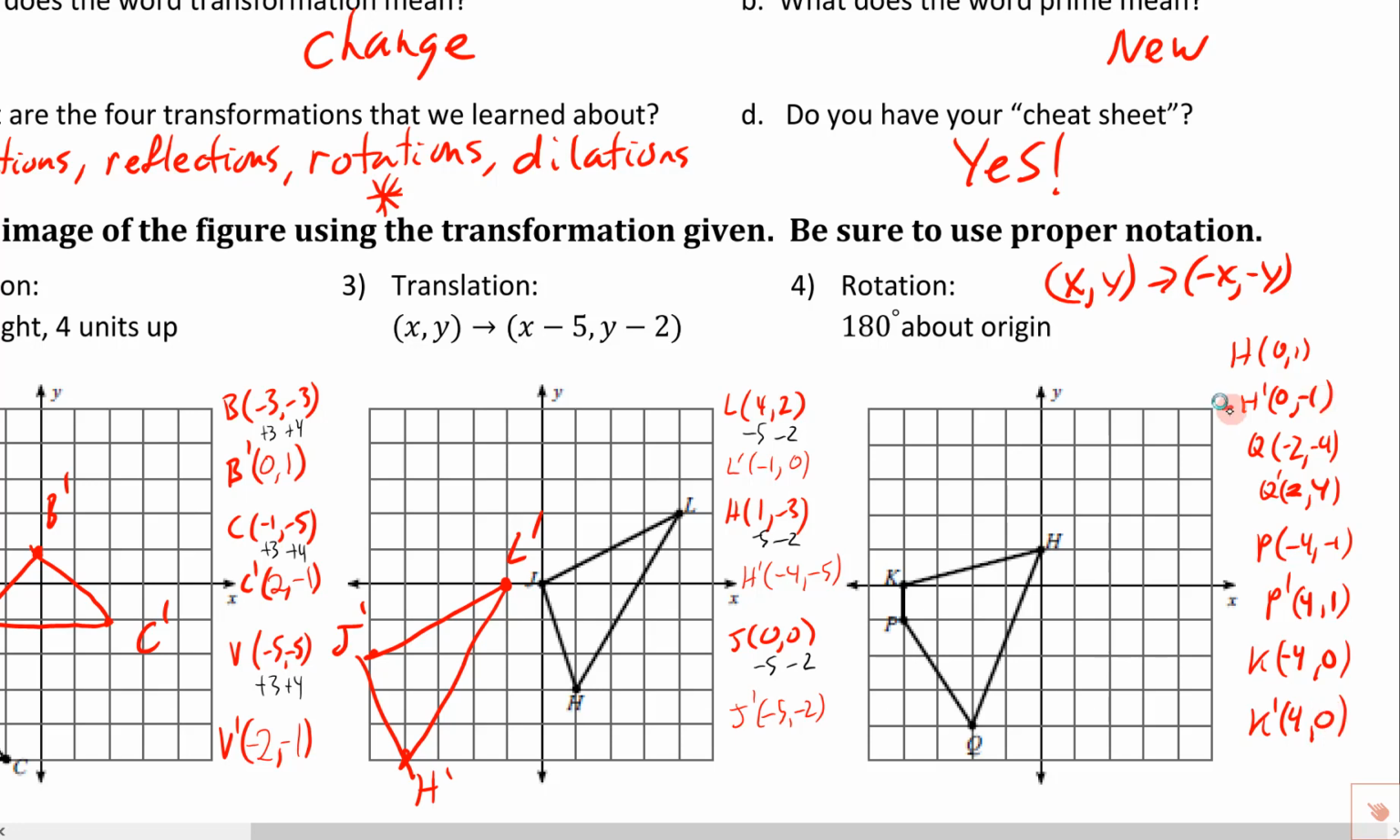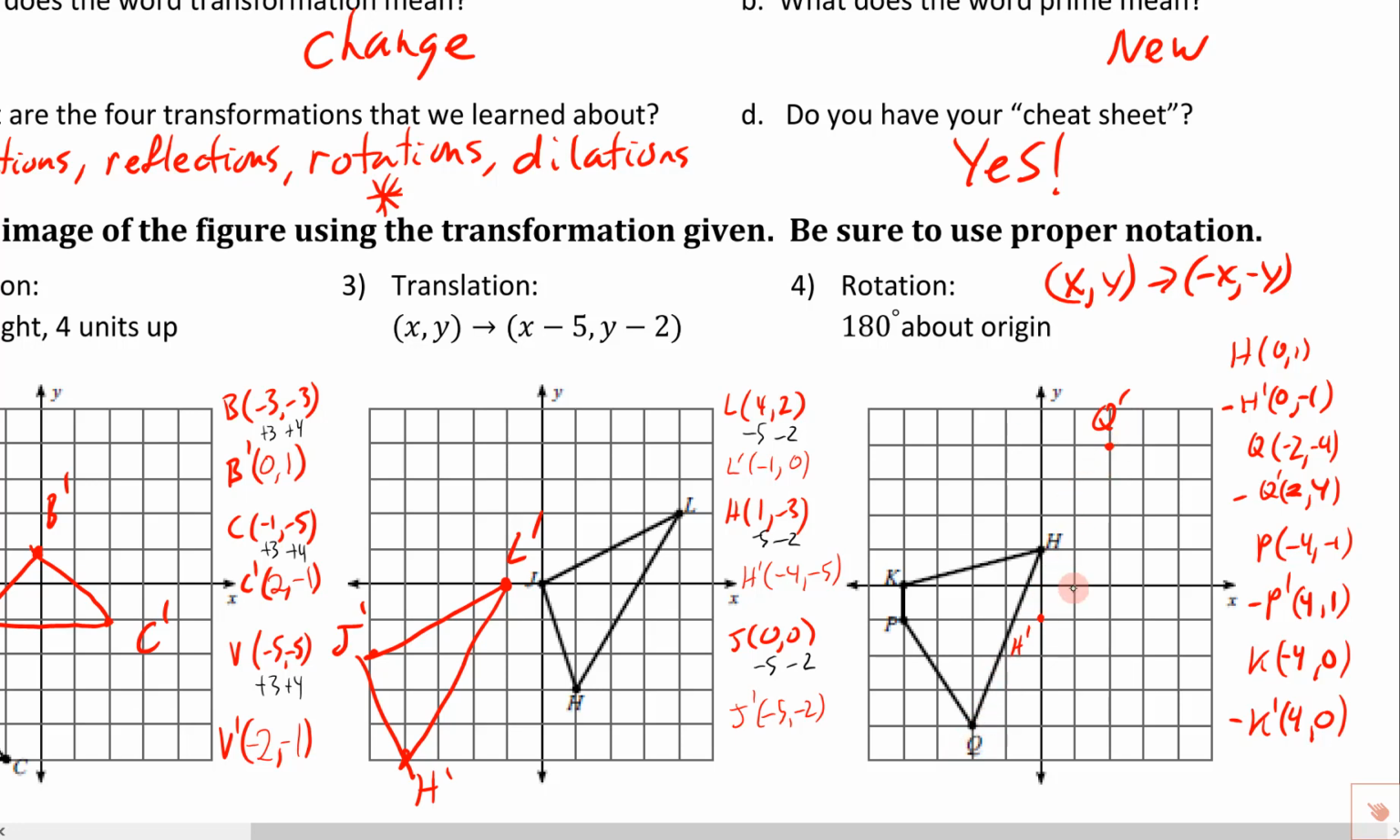So we've got all our prime points. Let's go ahead and graph those prime points and see if we can tell that this is a rotation about the origin. So H prime is going to be 0, negative 1. So 0, don't go right or left, just go down 1. Notice that that's in exactly the opposite direction. So there's H prime. Let's do Q prime, 2, 4. So over 2 and up 4, so that's going to be right here. So here's Q prime. Notice we could kind of draw a line straight through here, right through the origin, exactly